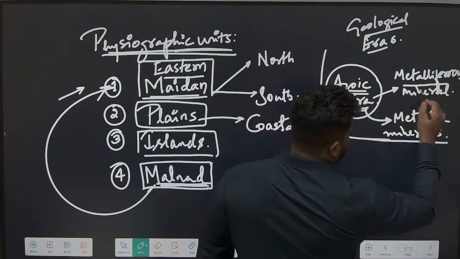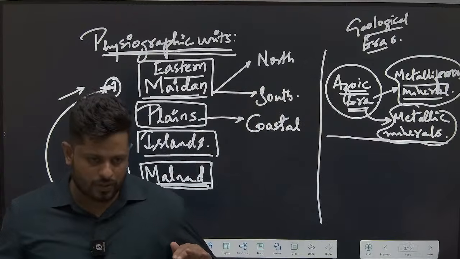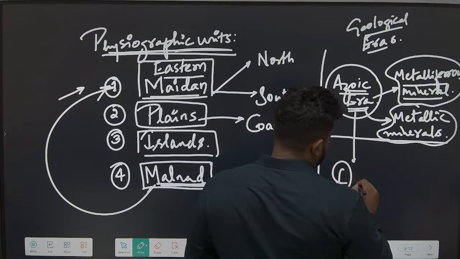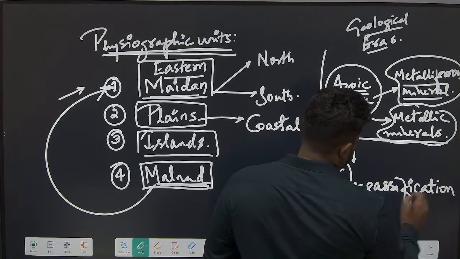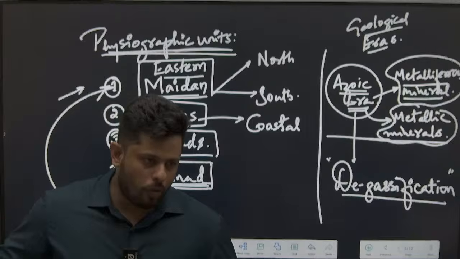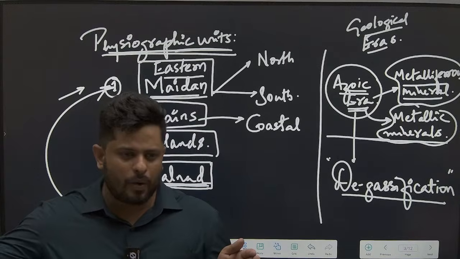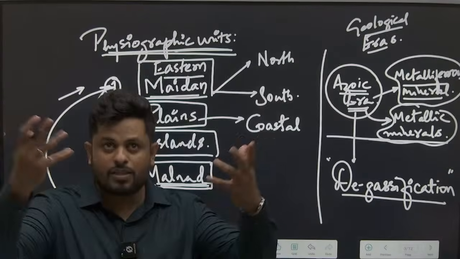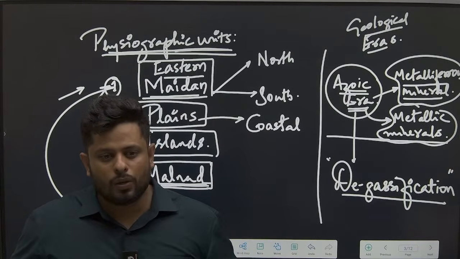The reason why we have these metallic minerals, even though they are heavier, technically they must not have been found on the top surface. They are found on the top surface because the Azoic era has undergone something we call degasification. Understand this, degasification. Degasification is a process wherein the earth cooled down abnormally. Correct, Alva? Abnormally, meaning it had to take a large amount of time to cool down. But lots and lots of gases emanating from the earth's interior took away with them a lot of heat and the earth started cooling down very rapidly.